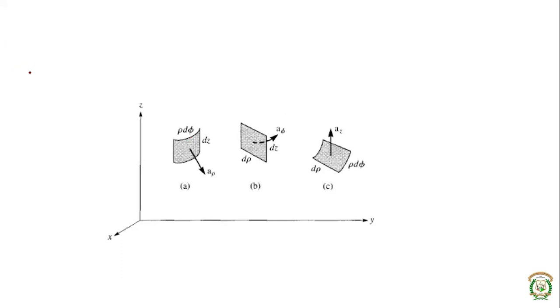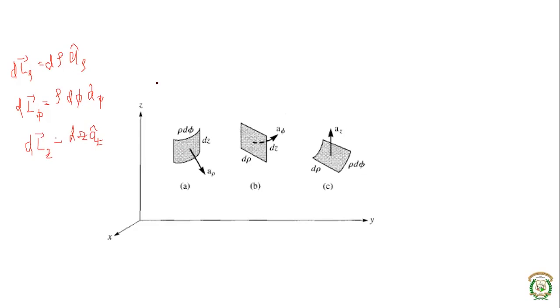So before that, if you want to write the lengths, the length in the radial direction is dl rho, that is d rho into a rho. In the phi direction, it will be rho d phi, right? Because d phi is an angle, you need to consider the length rho times d phi into a phi. In the z direction, it is dlz, that is given by dz az. So whenever d phi comes, you need to take rho into consideration for its length.